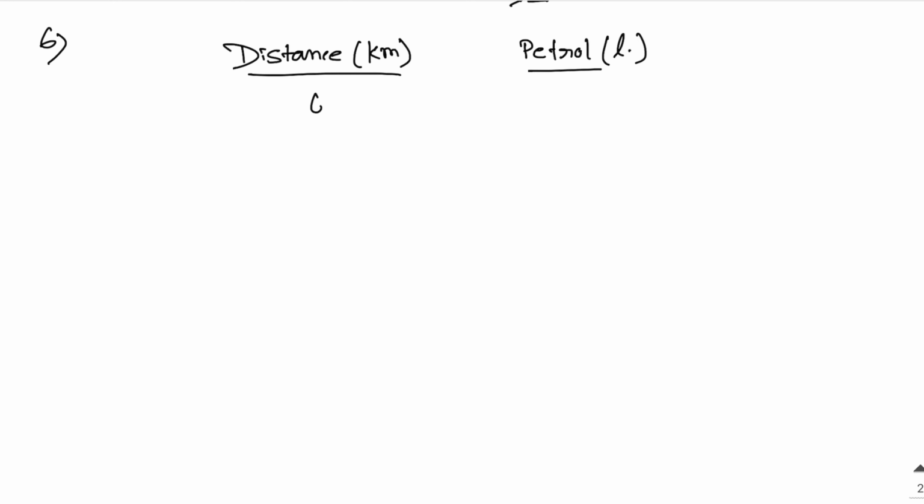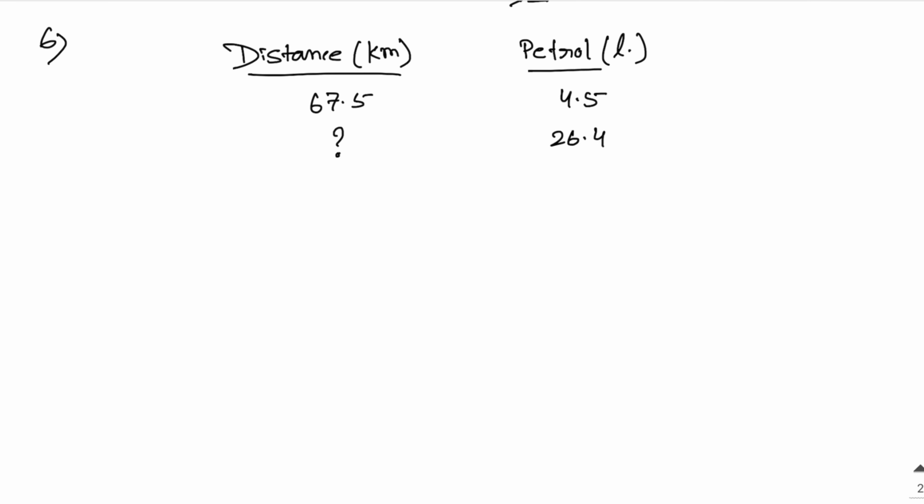Now let's move on to sum number 6, the last sum for this video. If a car travels 67.5 kilometers in 4.5 liters, so here distance in kilometers, and here amount of petrol in liters. So here 67.5 equals 4.5. Now how many kilometers will it travel? So it's the question mark, and here 26.4.